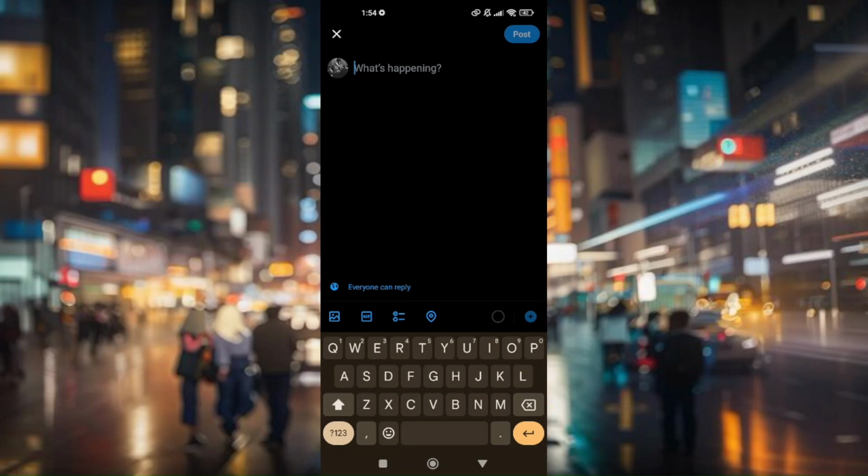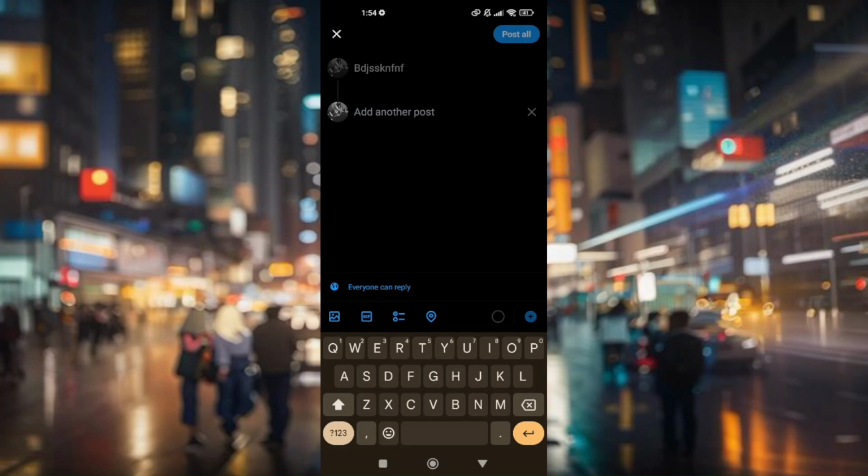Now, if you need more space and if you need more characters to post, just simply tap the plus icon again right here, which is going to be located at the lower right portion of your phone. Just simply tap on that and it will automatically add another post. So this is going to be the page for you to be able to continue your text characters, and then you'll have to choose the plus icon right here for you to continue on adding text characters on your